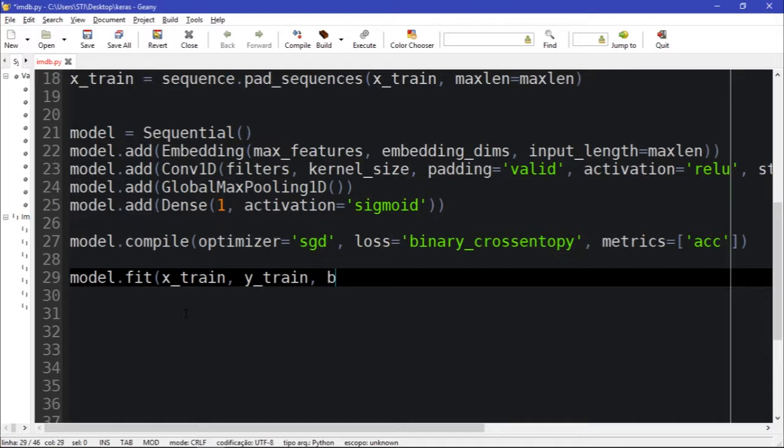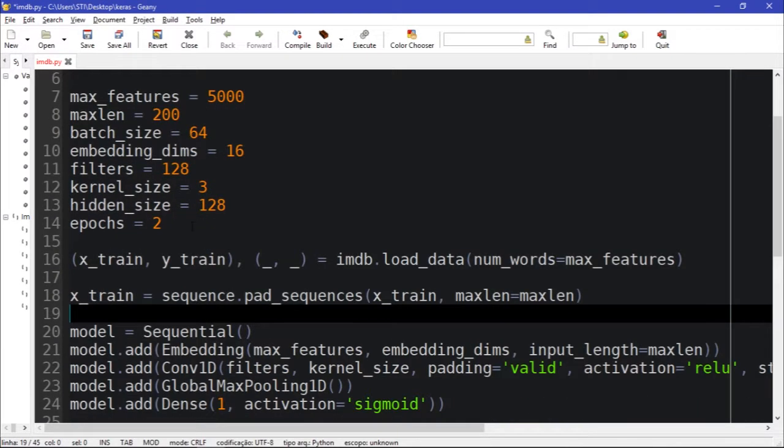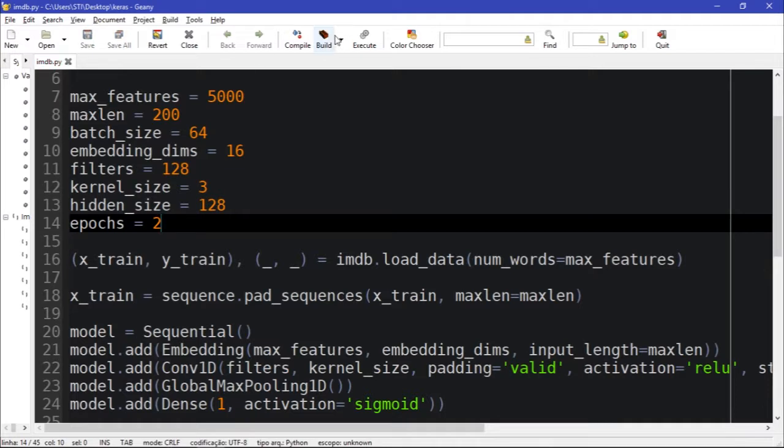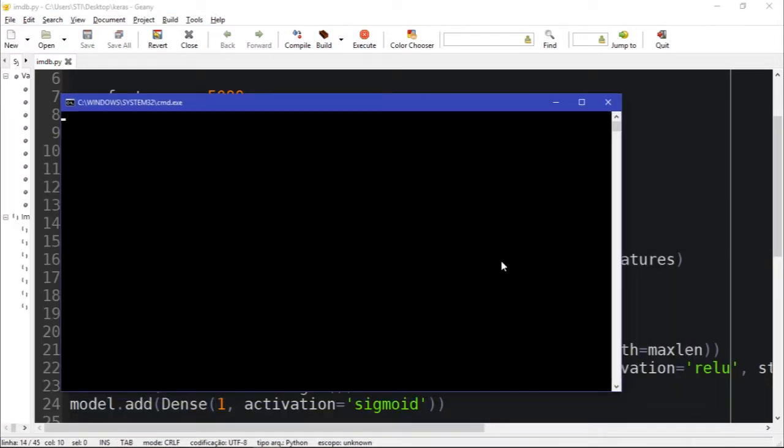The batch size is going to be equal to batch size, and the epochs will be equal to epochs. And we should pass the validation dataset, you could usually pass the validation dataset without a problem. So let's run this, and we should be able to see the training